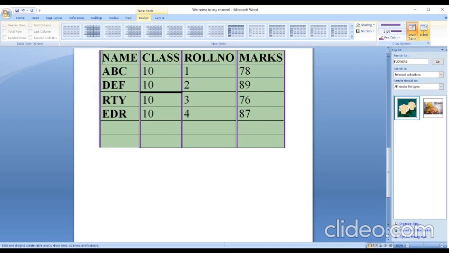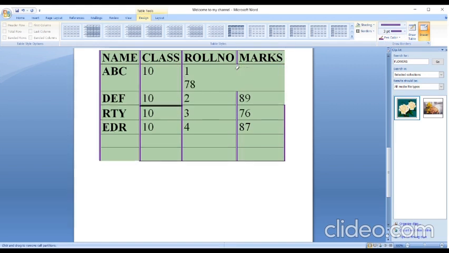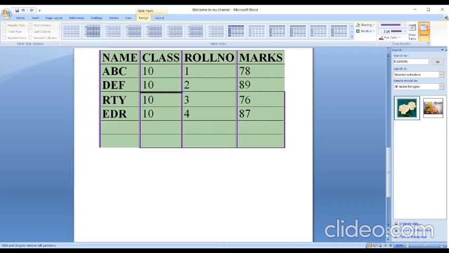Next, eraser. If you want to erase any line, you can erase it. See, I can even erase a small part of the line also. This way you can use the eraser and Draw Table. Again you can draw the table from here also.